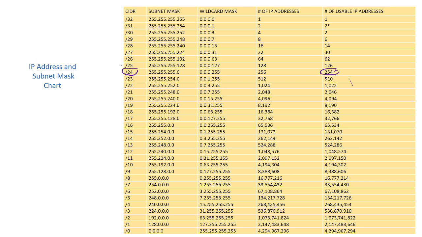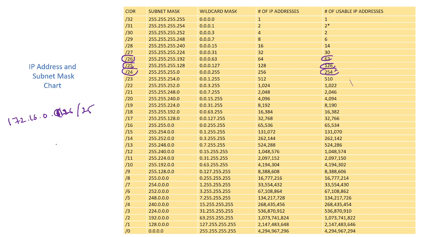Instead of /24, you can go with /26 and /25. /26 means 64 IP addresses, or 62 usable, and /25 means 126 IP addresses. What you can write here, you can write a number like 172.16.0.0, sorry, 126, and write